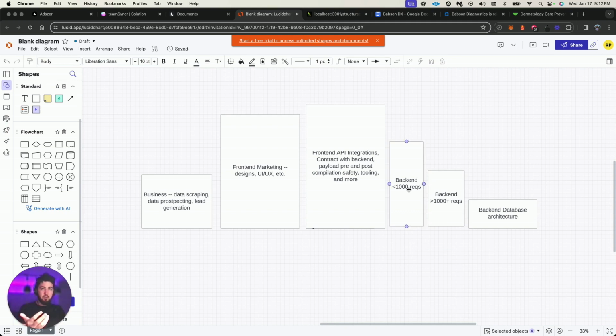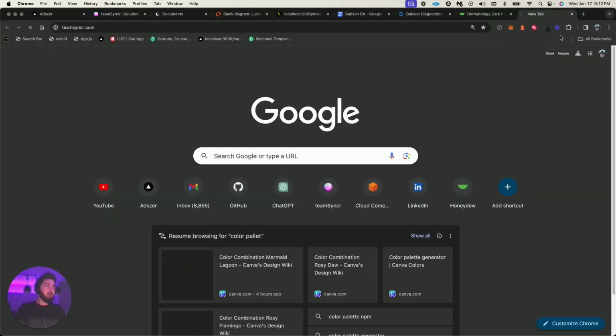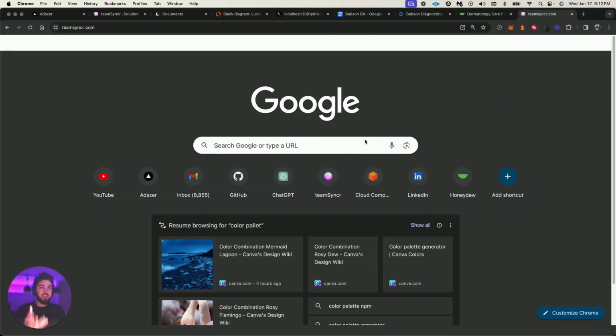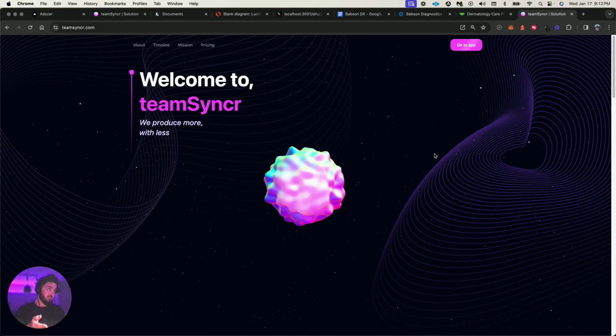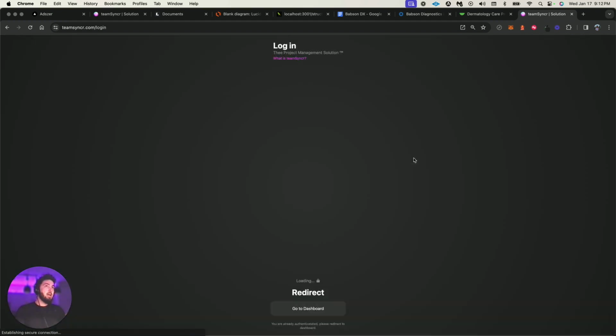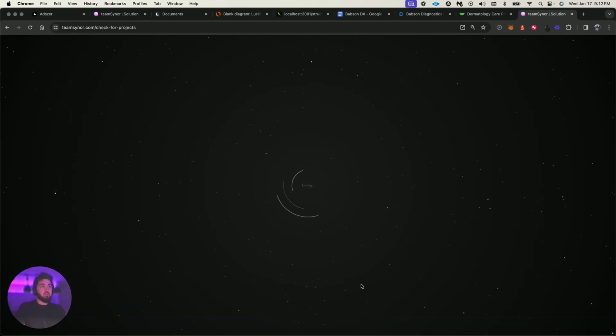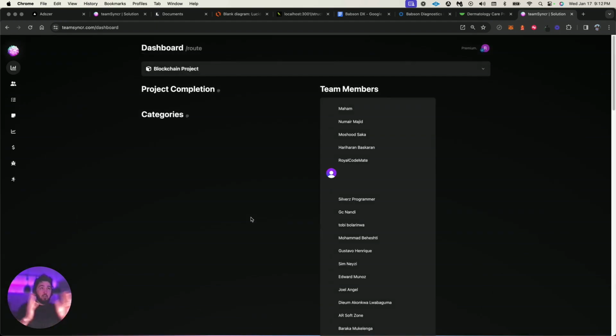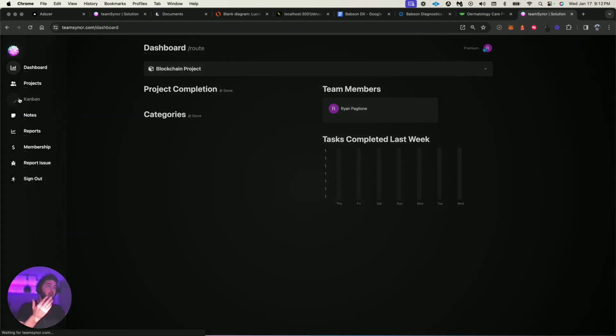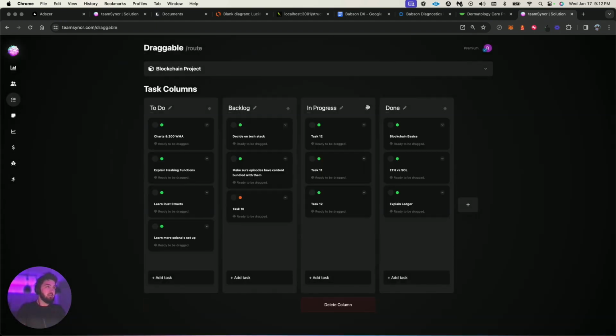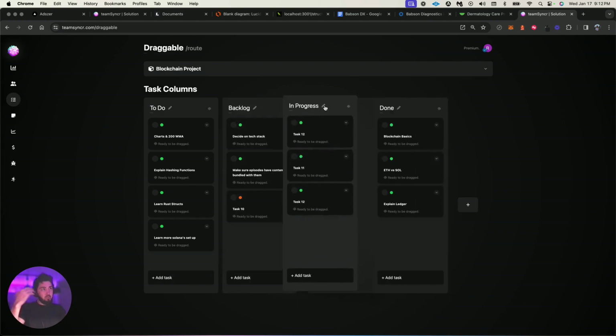Whether it's with serverless framework, I could build tiny APIs. And as mentioned, I've used Prisma to wrap my MongoDB database, and stress tested that system for Team Syncer. This is my personal SaaS product. I stress tested this system for 1,000 requests a second. It's a project management system where I just use it to track tasks. So you can see the UI and UX is very pretty. It's a task management system with front end DOM node manipulations, all that stuff.